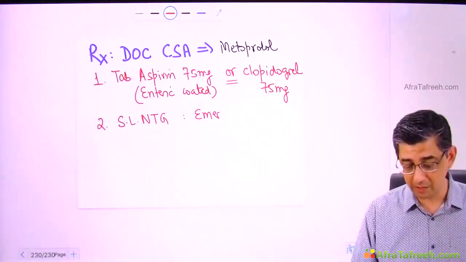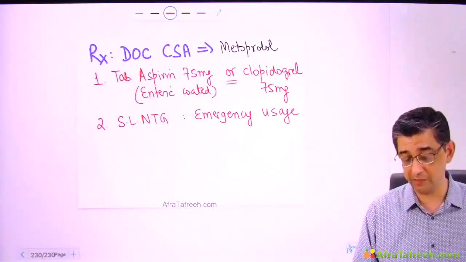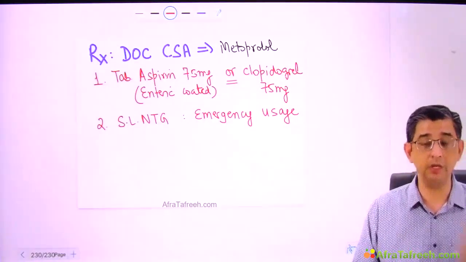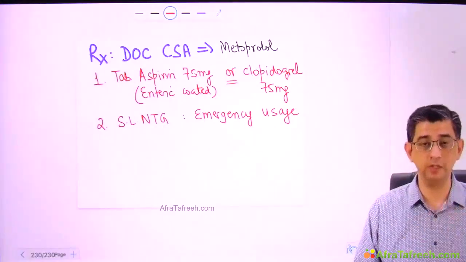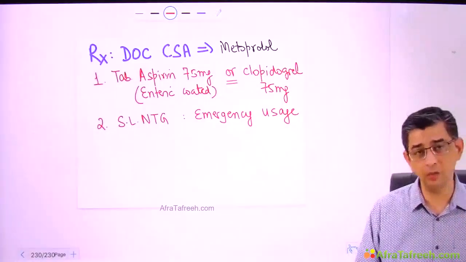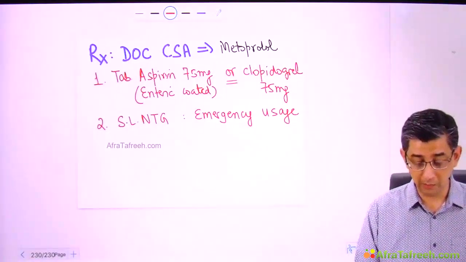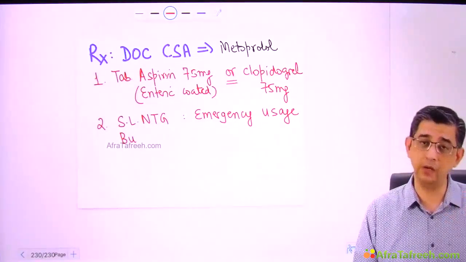But if he develops chest pain, then for emergency usage, he always needs to have in his car or the glove compartment of his car sublingual nitroglycerin. He can keep the tablet under the tongue so that the chest pain will ease off. And once he feels better, then he can obviously call medical services, or if he's okay, he can drive back home also. Now, lots of time this sublingual nitroglycerin bottle, because it's a glass bottle, the glass bottle can break also.